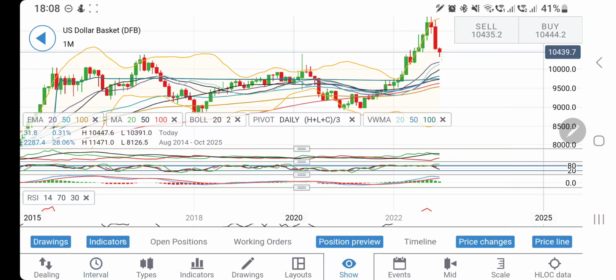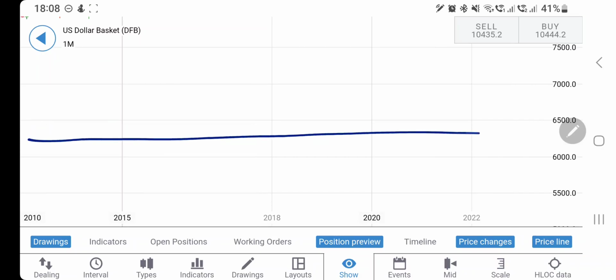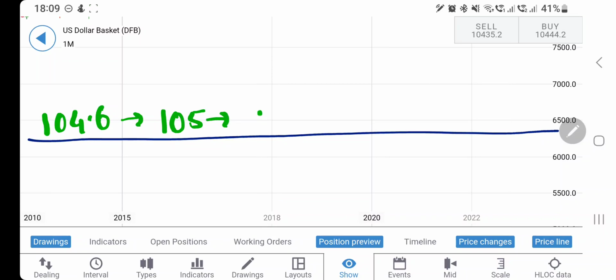Now we have seen the charts. Time for us to define the levels and strategy for next week. First, before we start with the buying levels, you can buy at 104.6 levels. Beyond 104.6, the direct target is going to be 105 levels, which is definitely a good resistance. And beyond 105, you can still expect it to achieve 105.5 and 106.